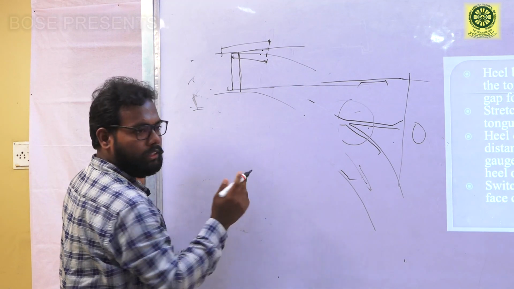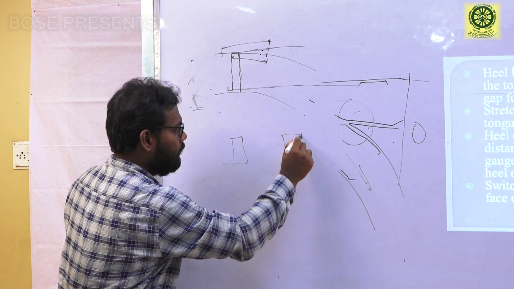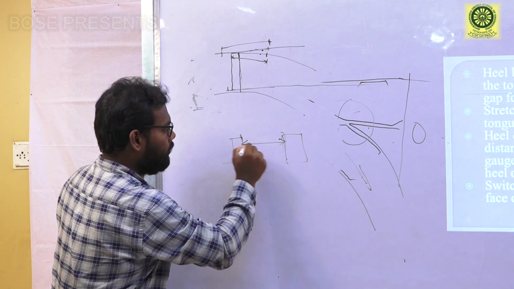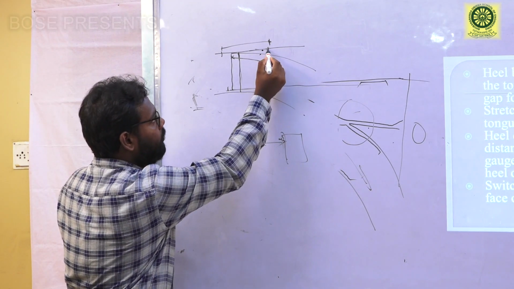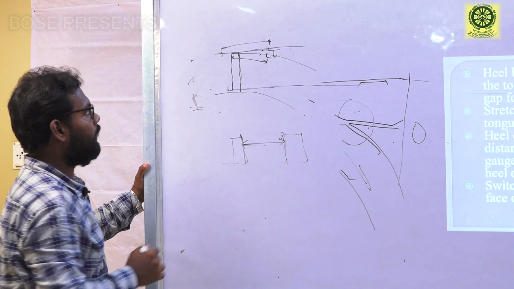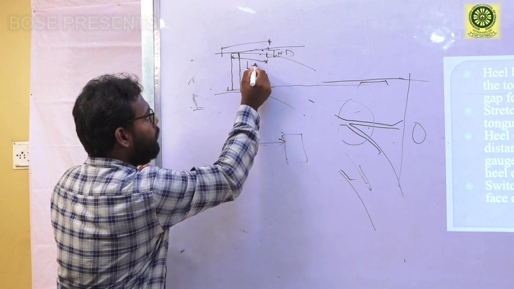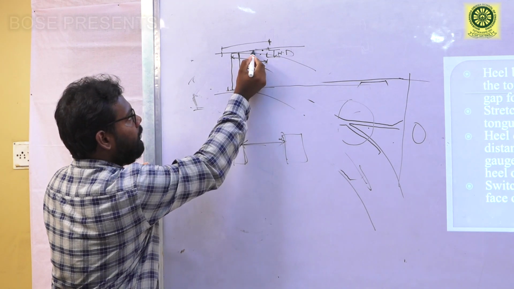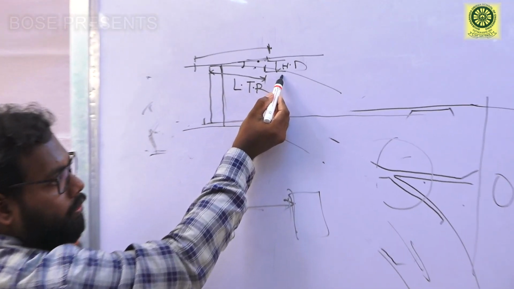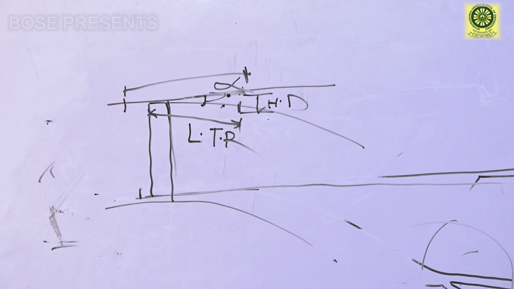What do you mean by gauge side or gauge face? Gauge length means, if it is a rail track, then this is the gauge length. So that means the inner part. Similarly, it is a gauge face. So the clear distance between two gauge faces is known as heel divergence. And this is the length of the tongue rail. And this angle is between the running face of stock rail and the running face of what? Tongue rail. It gives us what? Switch angle, or points angle.